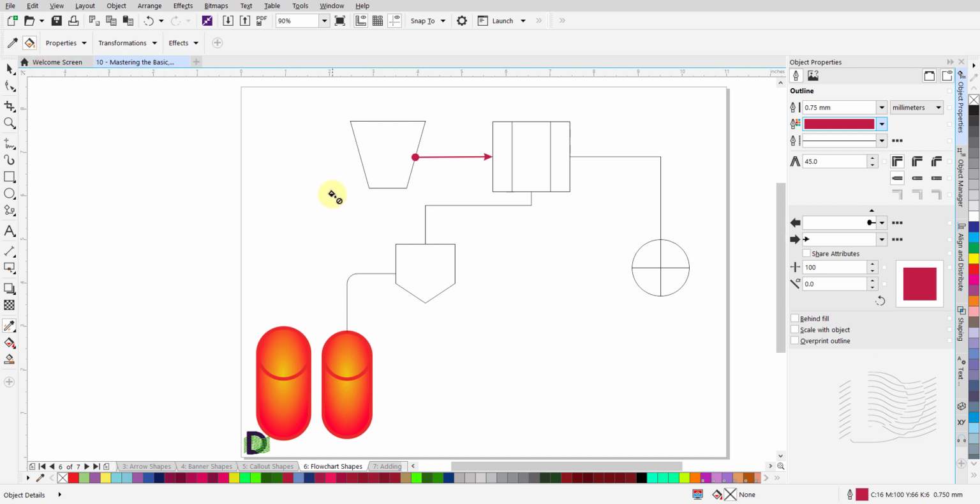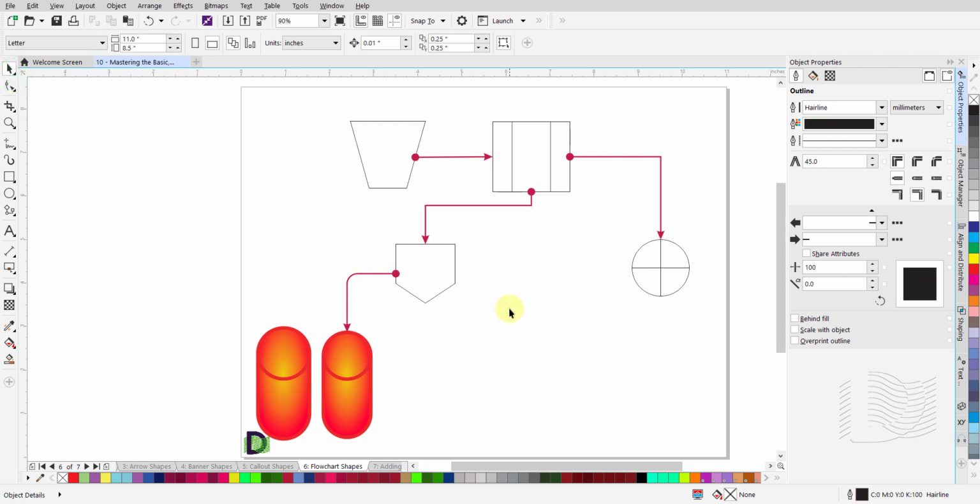Move the mouse and gently hover it over the connector you wish to change. When you see the "Don't" symbol vanish, left-click once. Then move the mouse to the next connector and repeat the same steps to complete the changes on this connector. Do this for all the remaining connectors in the flowchart. It's that easy and fast.